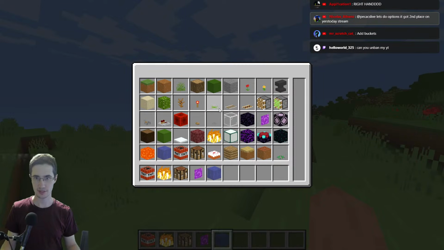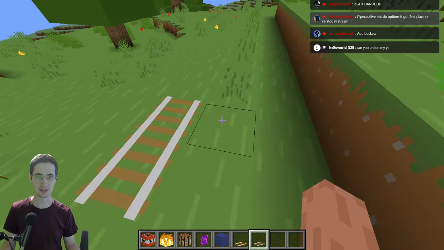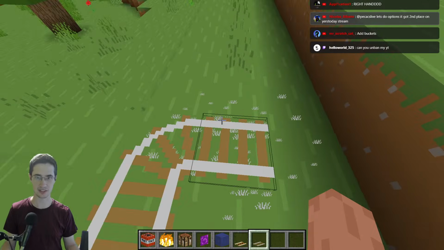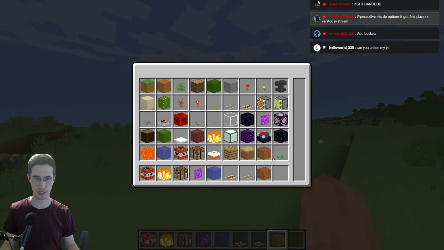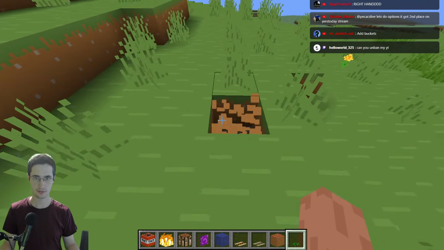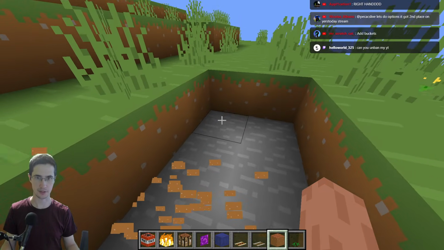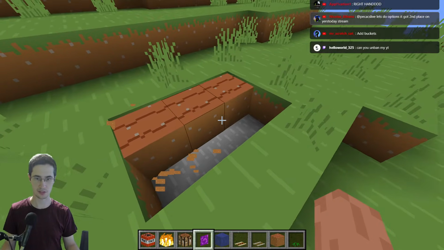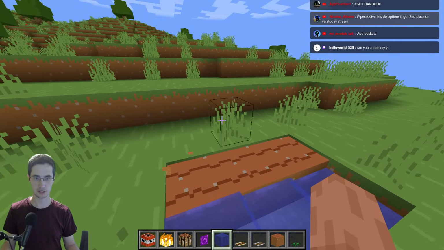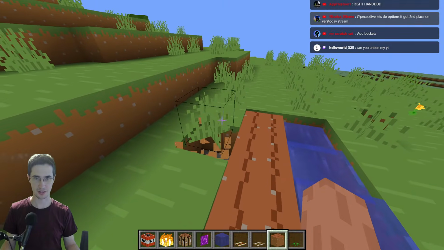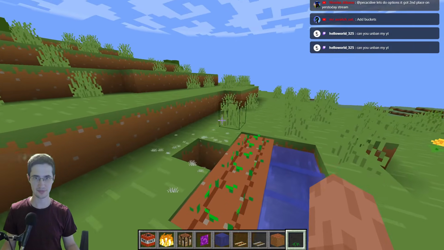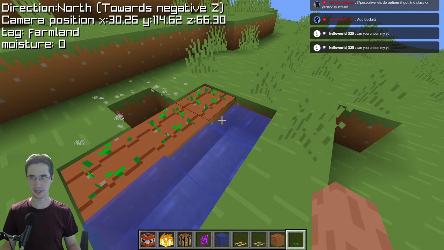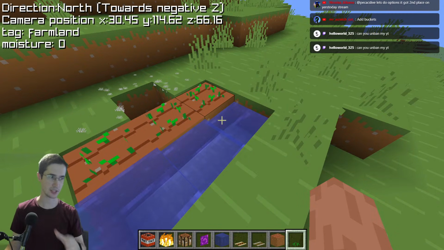And yeah, we have redstone, we have rails. Oh yeah, the coolest part, chat: we have farmland. If I put the farmland and some water, and I'll need to help myself out here like this just to place them. Okay, we have farmland, and we also have, on the top left,